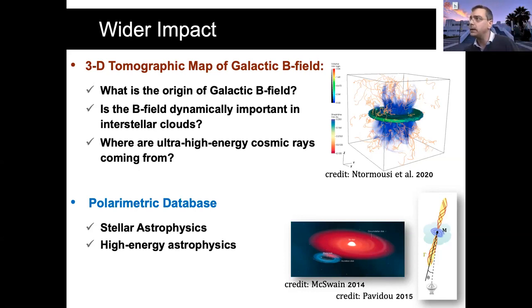There are people like the Imagine collaboration, right, and others that use parametric models of the magnetic field, like Galprop, to do cosmic ray propagation. Those models assume a magnetic field orientation, direction, and value which is much smaller as you go out into the halo than what we find. So, just to give you an example, in a place where the magnetic field was estimated to be of the order of 1 microgauss, at 1 kiloparsec, we find 11 microgauss. So this is an order